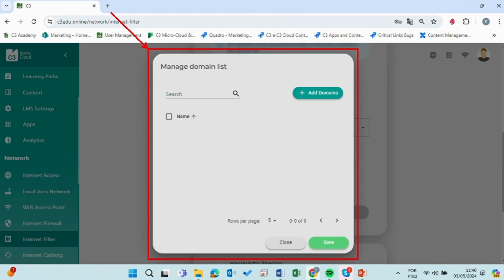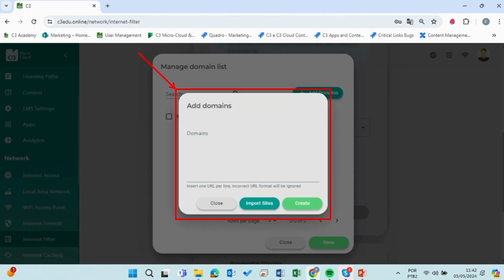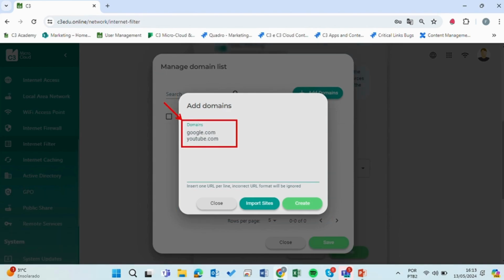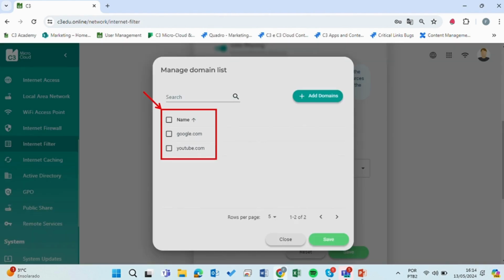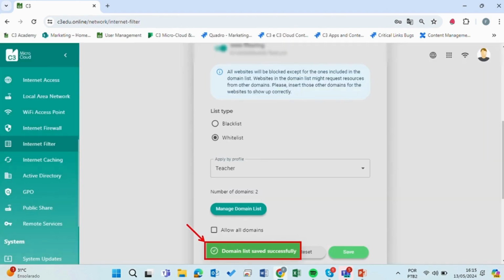Just a reminder, we are now configuring the whitelist for the teacher profile. Let's click on the Add Domains button and enter the domains we want to allow access to. Next, click on the Create button and then on the Save button. A warning will appear that the list has been saved successfully. Now let's click on the Save button, and again, we'll get a warning that the Internet filters have been saved